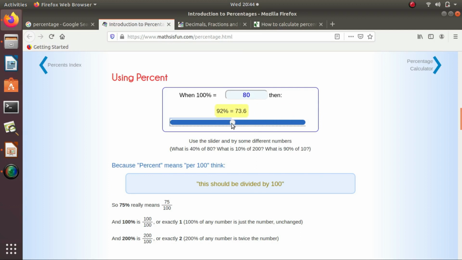Let me see what is 25% of 80. Here, 25% of 80, that is a quarter of 80, that will give 20, that is 20 plus 20, 20 plus 20. That is dividing 80 into 4 parts. What is 25%? That is 1 by 4, that is quarter. So if I divide 80 into 4 parts, I will get 20.